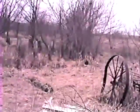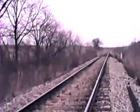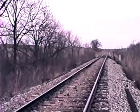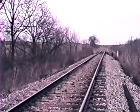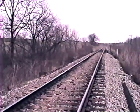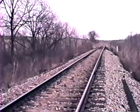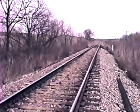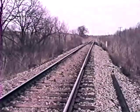And we're looking back now to the west through the cattle pens here. Main line of the track now, and you see a bridge in here that's been redone. Now this would be in the general area, but I believe, as memory serves me, as we came down, and I'm going to fade out here, but this is the creek or the little ditch that the trestle was over. And as I fade out, I'm going to turn back around here